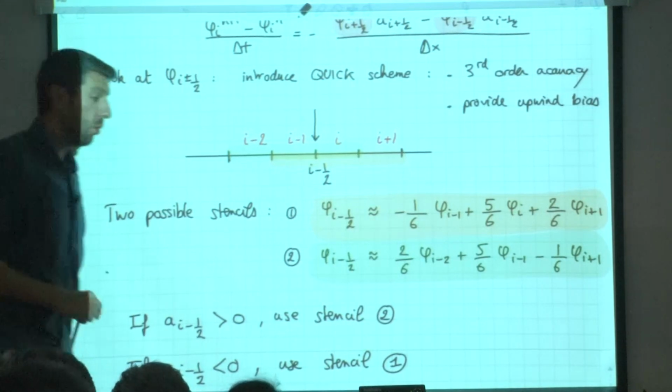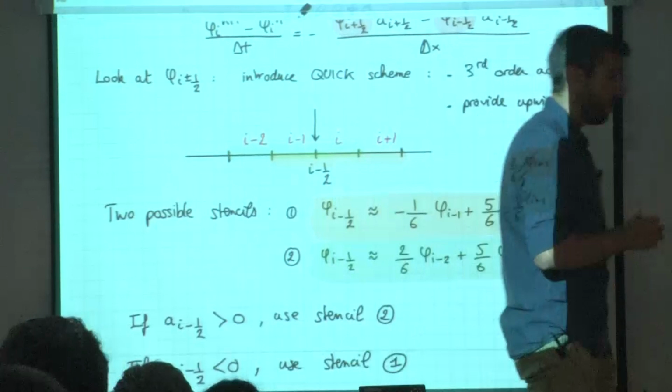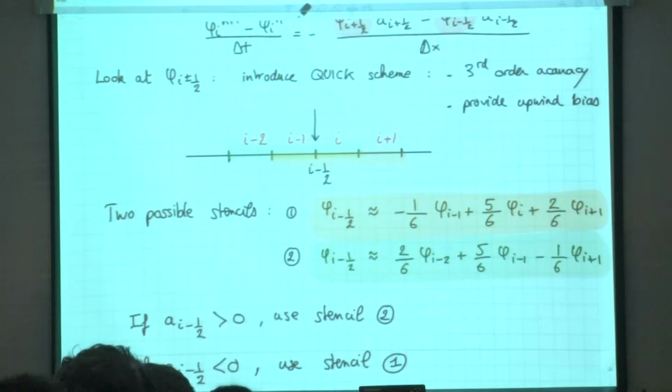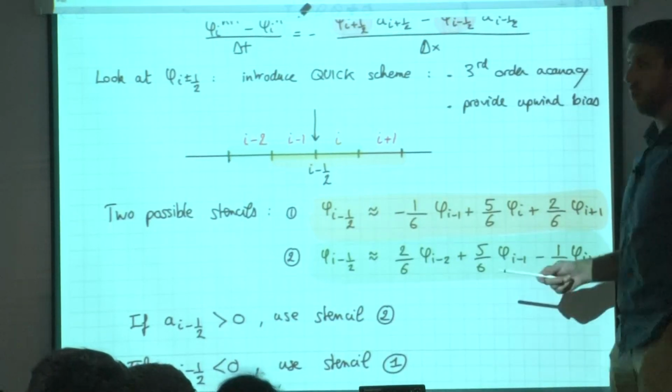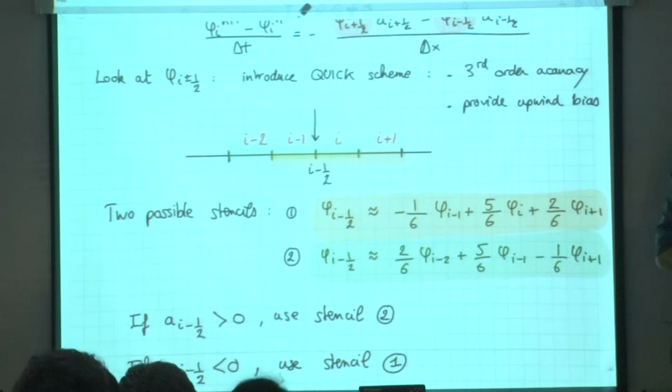Okay, so we need something like that. We could do many other things. In particular, tomorrow we'll introduce something else. We'll introduce the concept of essentially non-oscillatory schemes, aka ENO schemes, and then we'll push that to the concept of weighted essentially non-oscillatory schemes, which are pretty much